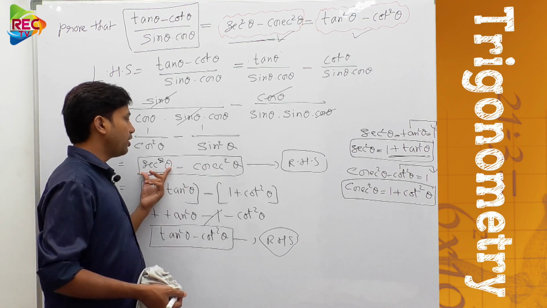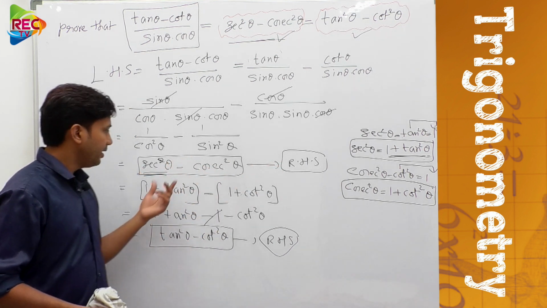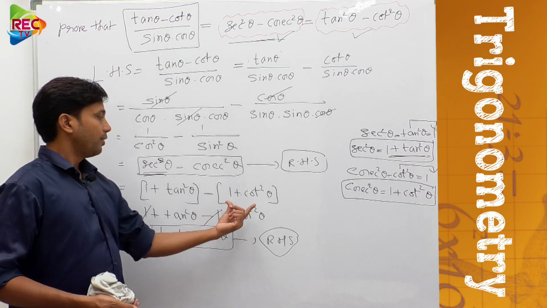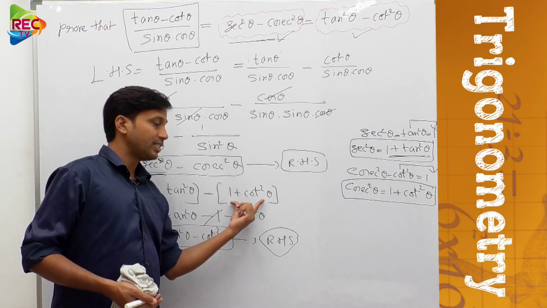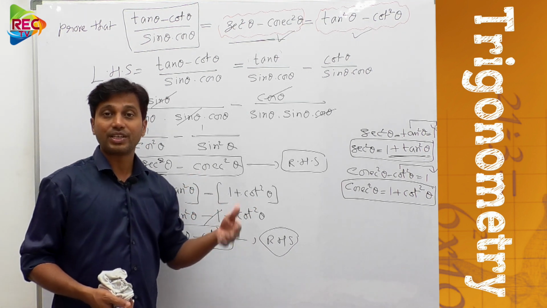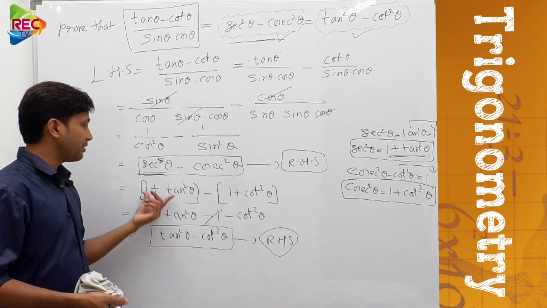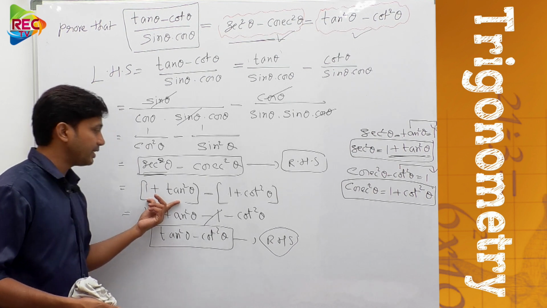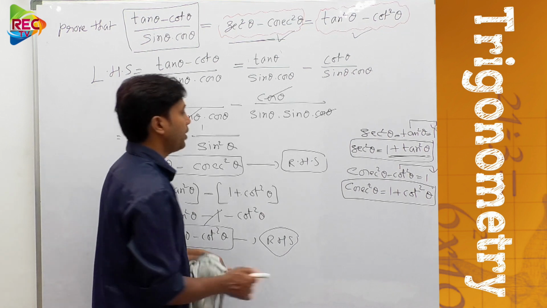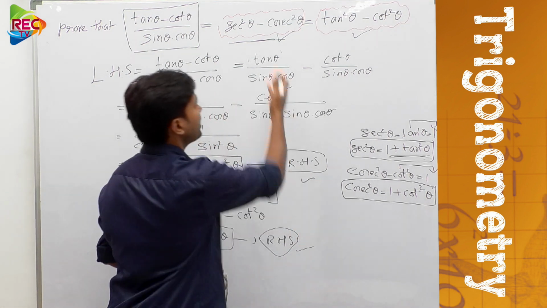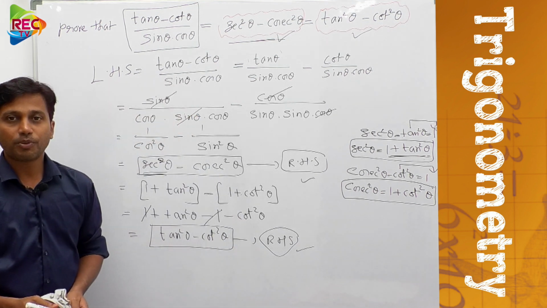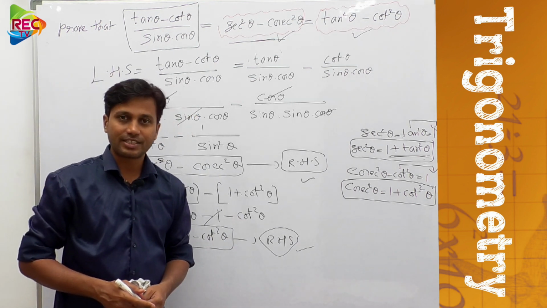So therefore we obtained our first result, and by just using cosecant square theta minus cot square theta, we converted this cosecant square theta as 1 plus cot square theta. By using secant square theta minus tan square theta equal to 1, we converted this secant square theta as 1 plus tan square theta, and after simplifying that we obtained our required result. So we obtained two results as per the given problem, right. So like this we can solve all the problems of trigonometric identities.